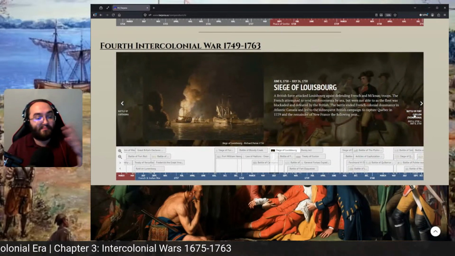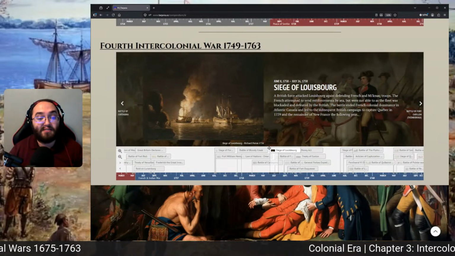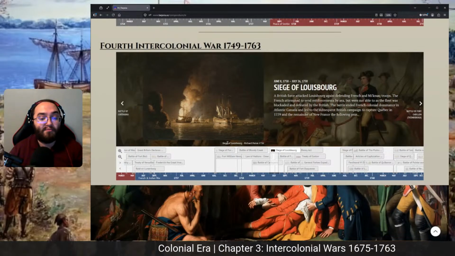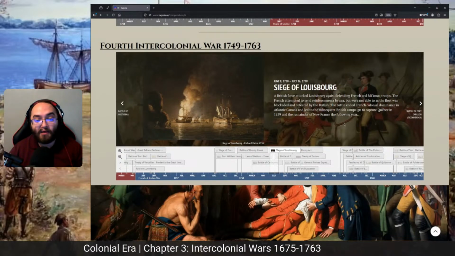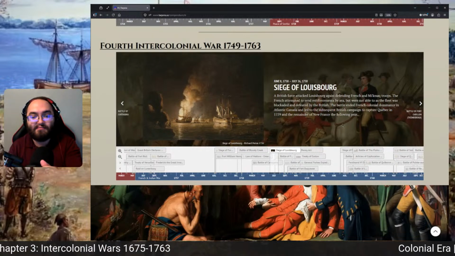So here's another beautiful painting. This is from 1758, so this is a contemporary painting of the siege of Louisbourg. The British force attacked Louisbourg against, again,